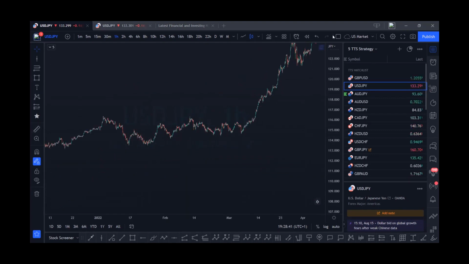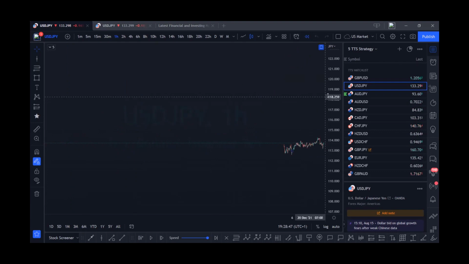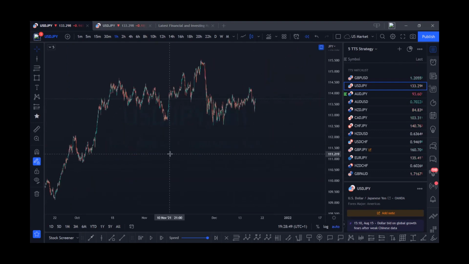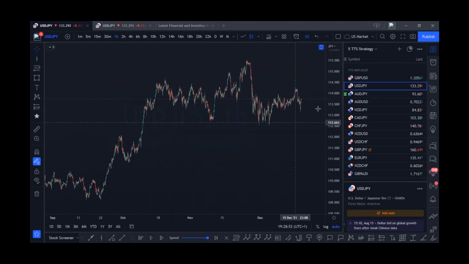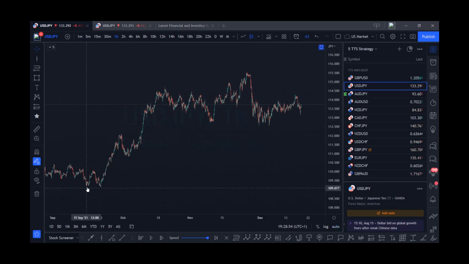So let's try to cut here. Now, when you look at this chart from here, you can clearly say that the price was what? Bullish. Impulse, correction,